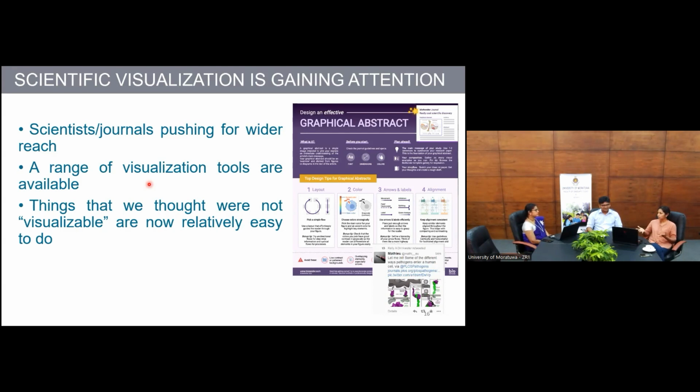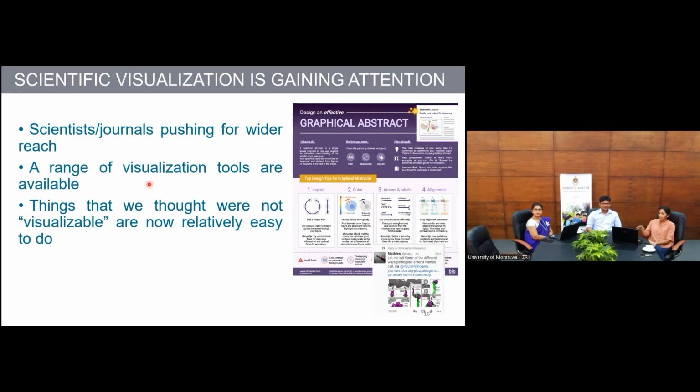Those of you who have already tried submitting your research work to journal articles or conferences may already know that many journals and many scientists are aiming for higher impact. Many institutions are also aiming for higher impact. So one of the things which several journals are now asking for is a graphical abstract of your work. If you have one or two visuals which can very clearly showcase what your research is all about, that makes your research much easier to communicate to a larger audience.